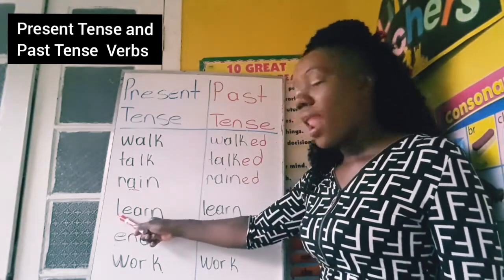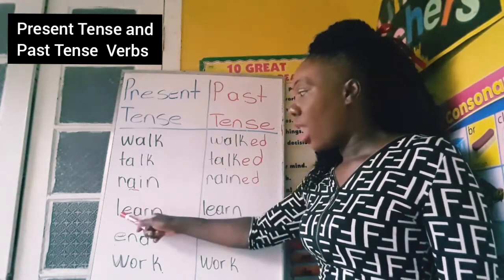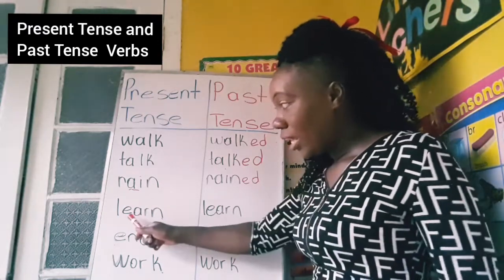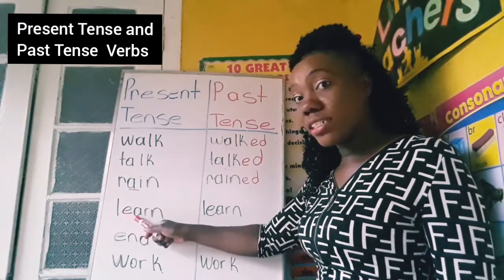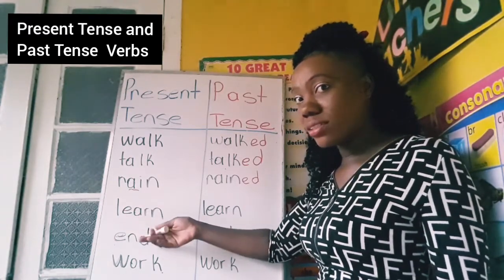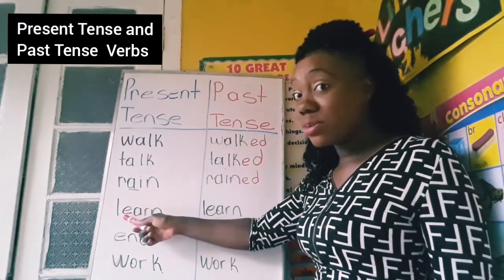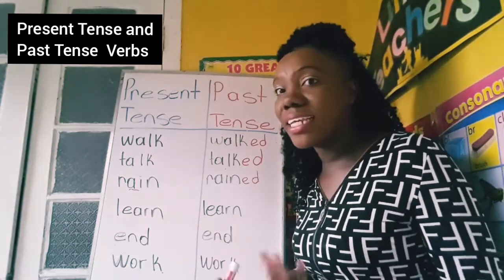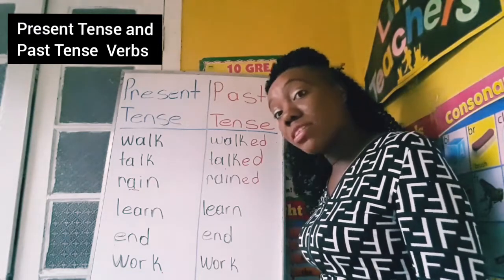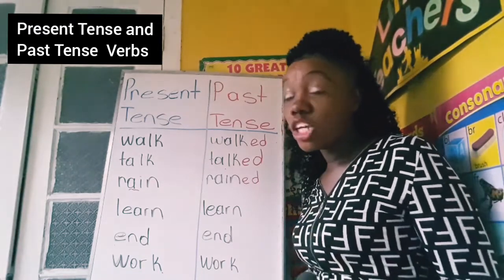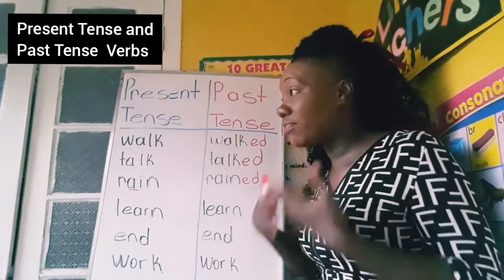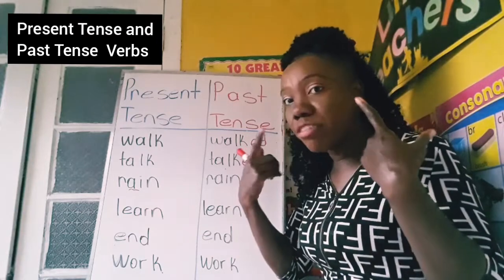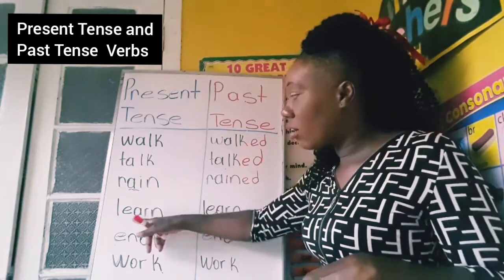This is the word learn. Learn. Boys and girls, look at this. You notice two vowels are beside each other in this word? But guess what? You don't hear the E. Learn. And that is how complicated the English language can be, because sometimes the rule applies and sometimes it does not. You just have to know them. You just have to study some of these words from memory. These are called sight words.